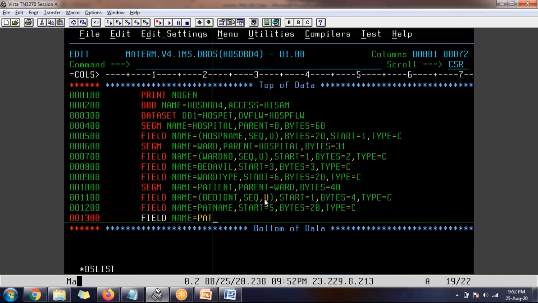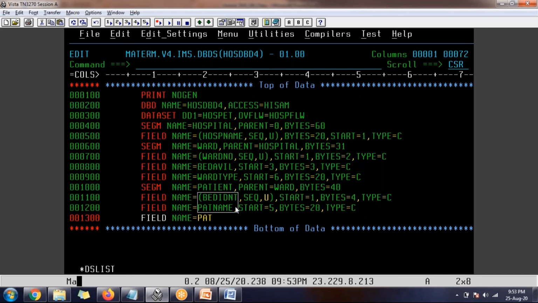Venkat, we can define multiple fields as unique sequence like that, right? No. In a segment, only one field should be a primary key. But if you want, you can use a concatenated key, or composite key, using 2 fields to make one primary key. That is possible.